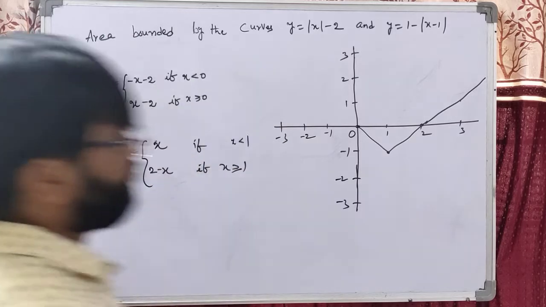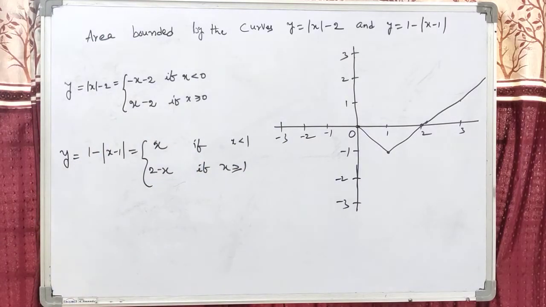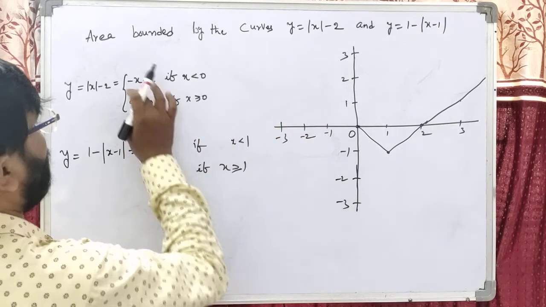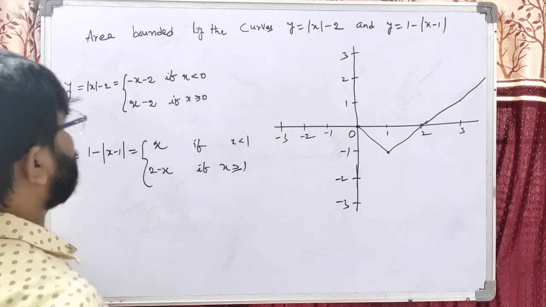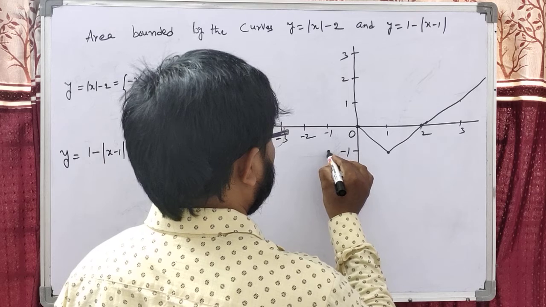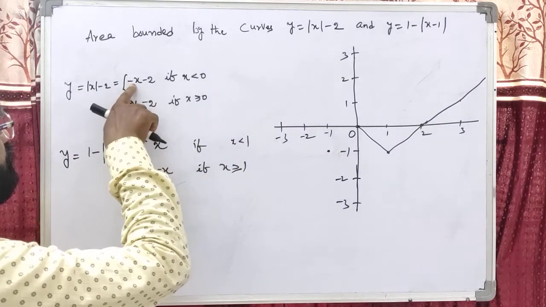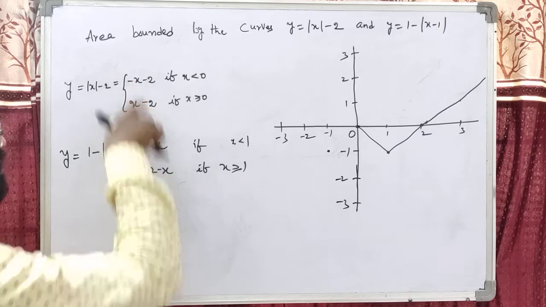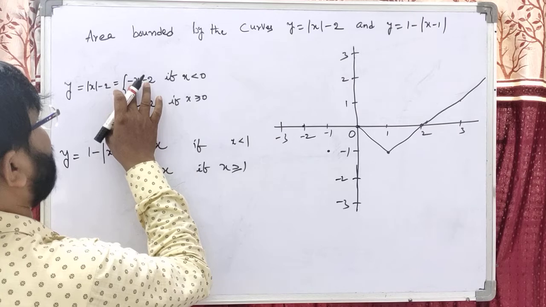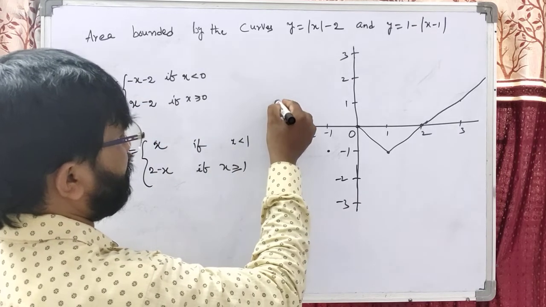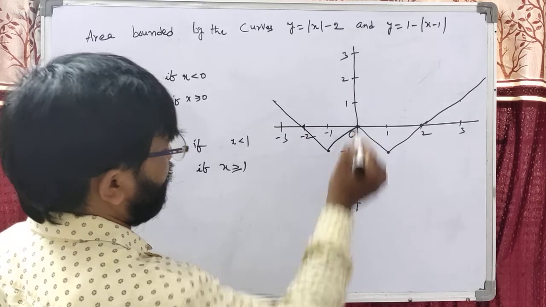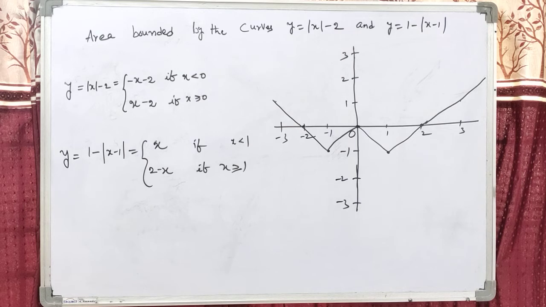Like this. Okay students, now when x is less than 0, if you take minus 1, minus 1 minus of minus plus 1, that is minus 1 again. When we take minus 1, this is plus 1. When we take minus 2, this is plus 2. Yes, minus 3, minus of minus, plus 3, 3 minus 2, 1, like this. This is the graph. Okay students, this is the graph.